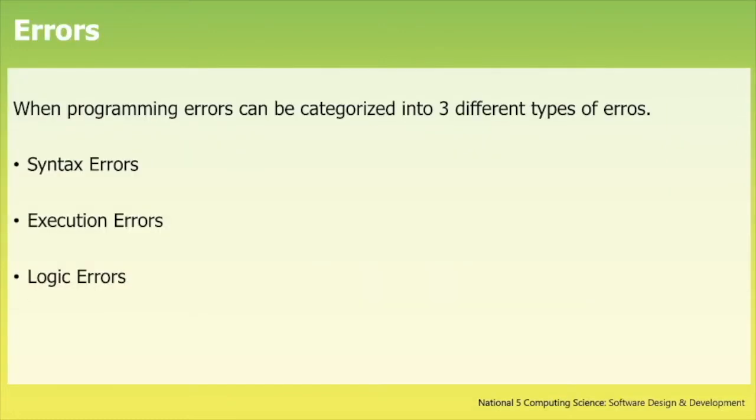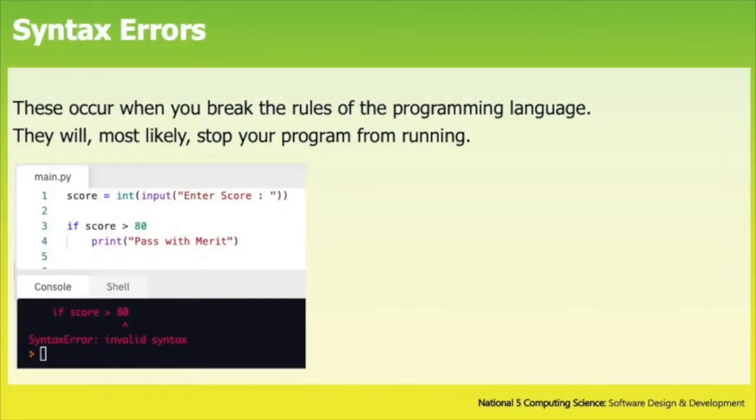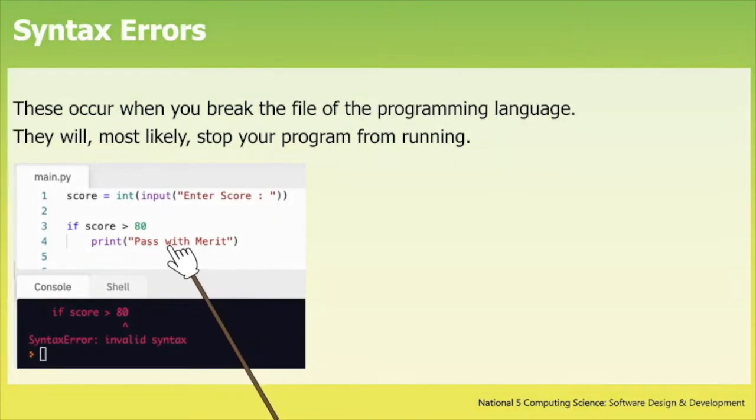So when we're programming, errors can be categorized into three different types: syntax, execution and logic. So let's start with syntax errors. Syntax errors occur when you break the programming language. So you make a mistake within the way that you're writing the programming language. For example, here in this Python code, I have missed the colon at the end of my if statement. I have then gone and tried to run my program, and my development environment has just stopped. It's not even run the program, and it's telling me there is a syntax error. So with syntax errors, you're unlikely to be able to run the program, and it's because you've broken a rule